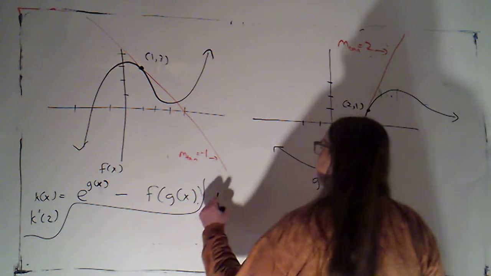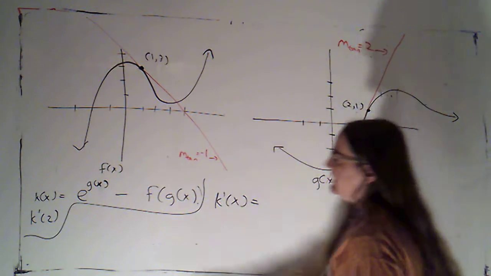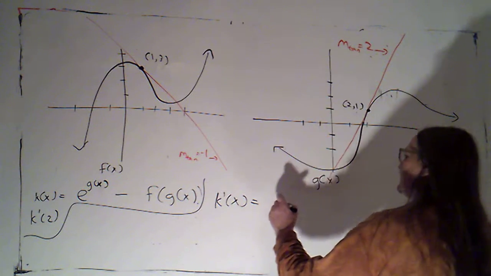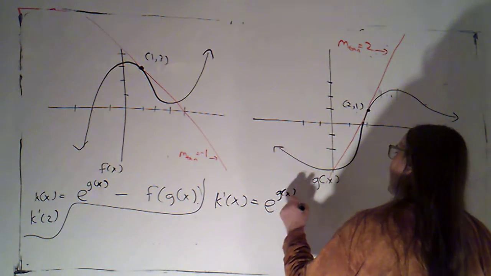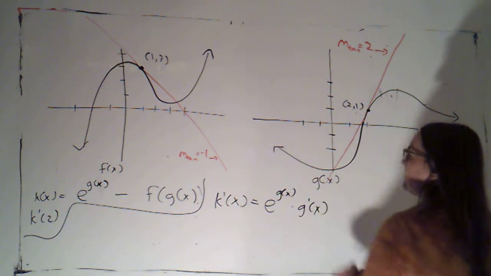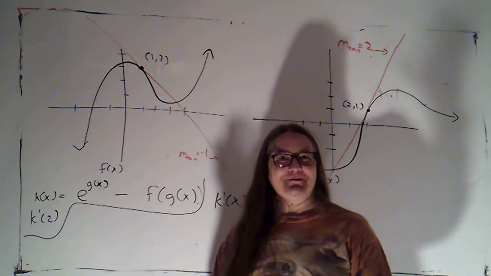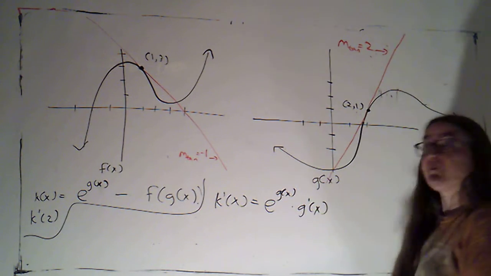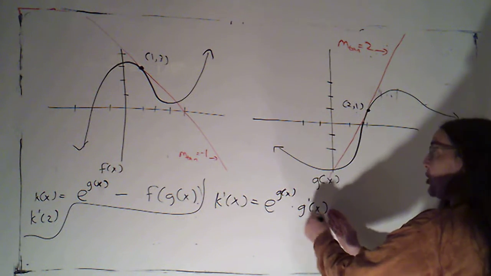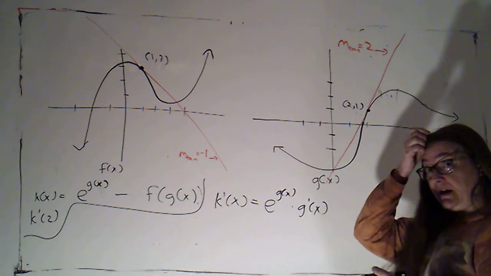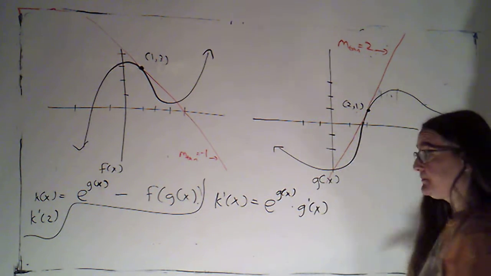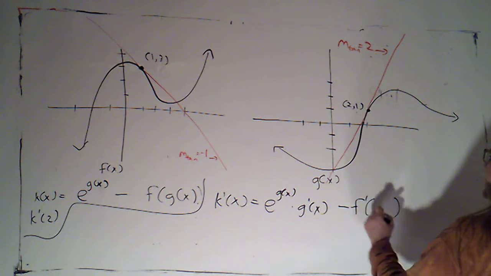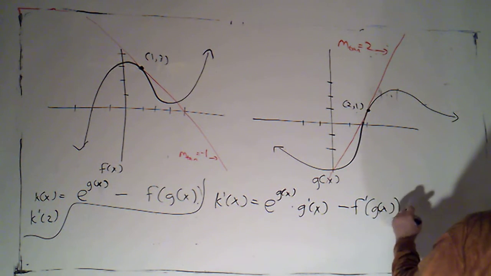All right, so if I calculate k prime of x, here this is a function composition, so that's going to be the derivative of e to the something is e to the something times the derivative of the inside part. Now here, the inside part I didn't have a formula for, I just had a name for it, so I've got a name for the derivative. The name of the derivative of g is g prime. Kind of nice. I'm going to have to go back and evaluate that at 2 in a moment, but I won't have to go back and evaluate the formula for that. Minus, this is also a function composition, so that's going to be f prime at g of x